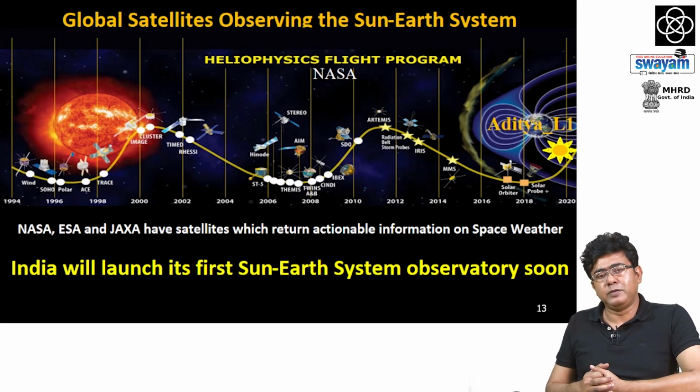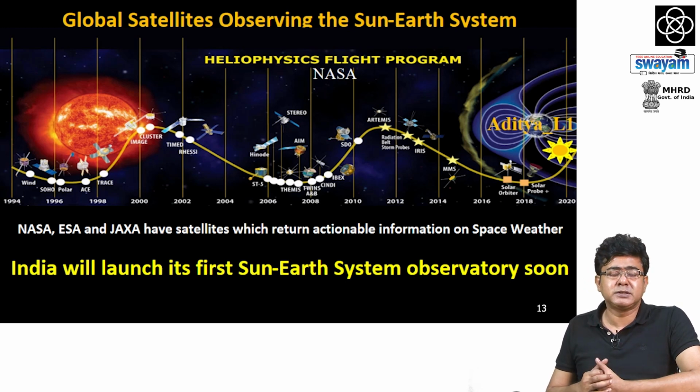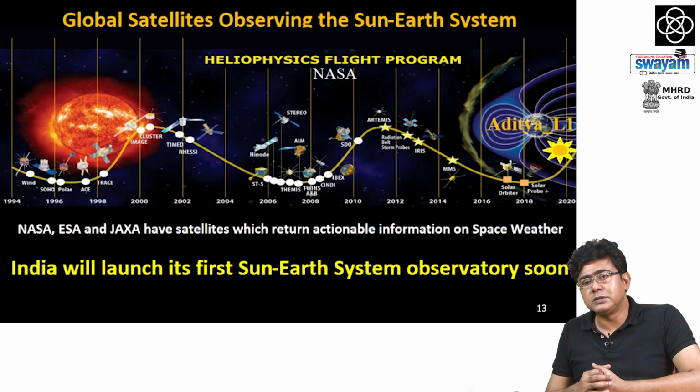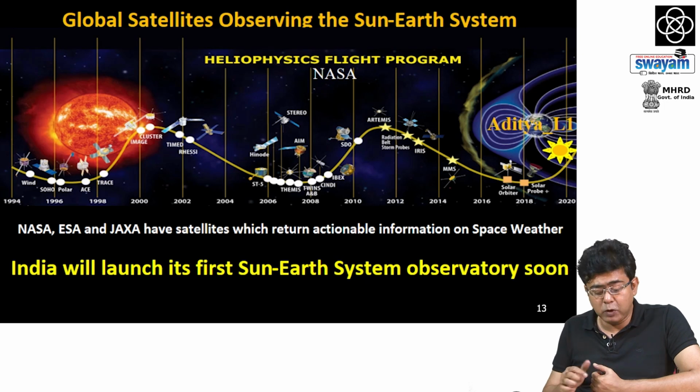Given the importance of the impact of space weather on the Earth's atmosphere as well as our space based technologies, very mature space agencies like NASA, ESA, JAXA, which is the Japanese space agency, have a lot of missions which are up in space, which are looking at the sun and characterizing the sun Earth system and studying space weather. Some of the missions and the timelines are highlighted in this plot, and what is interesting to note here, and it's been pointed out, is that the Aditya L1 space mission, which is ISRO's first mission to observe the sun,